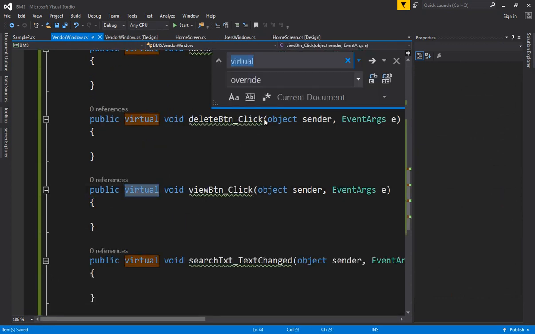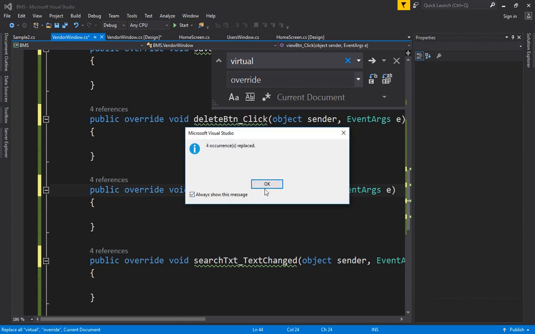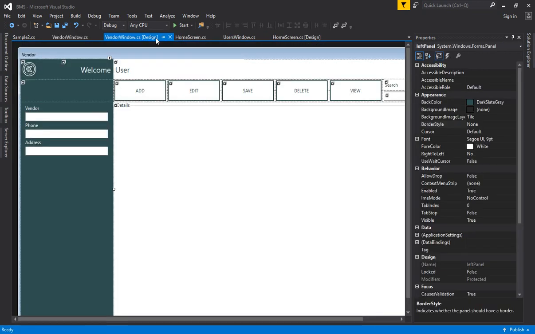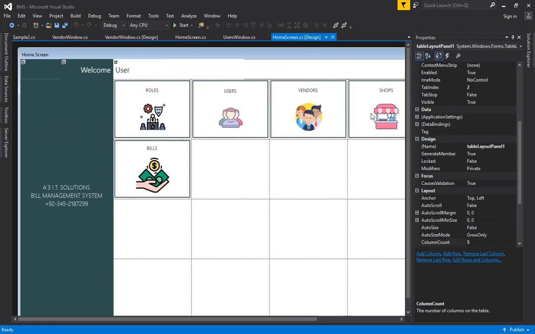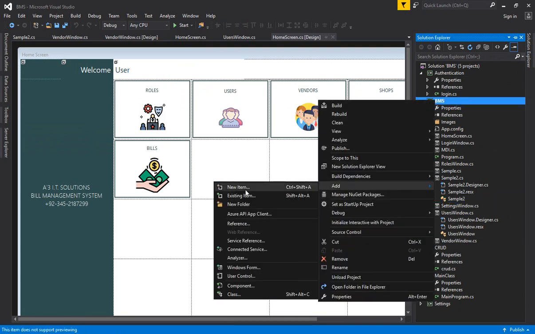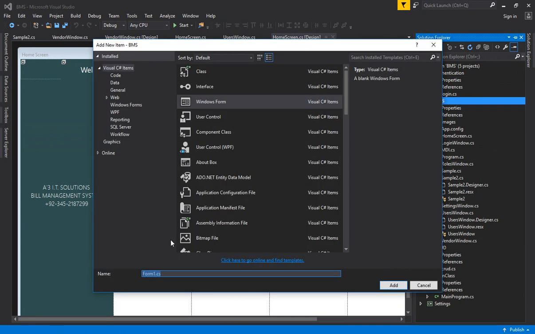Instead of virtual, you have to replace with override in the current document. So I have replaced these things. So my basic settings are now ready with respect to the vendors window. Now what you have to do, you have to create another window for the shops. So right click BMS and add Windows form, and you can write here shops window,